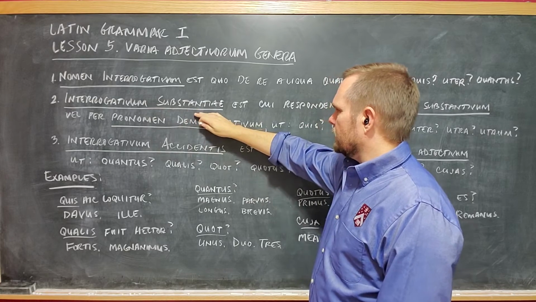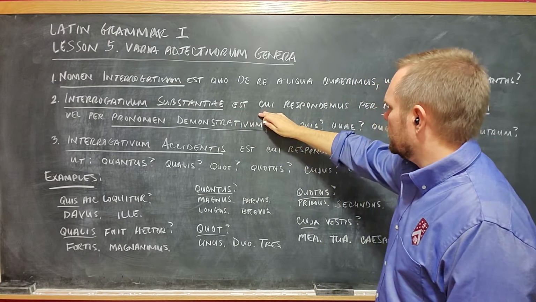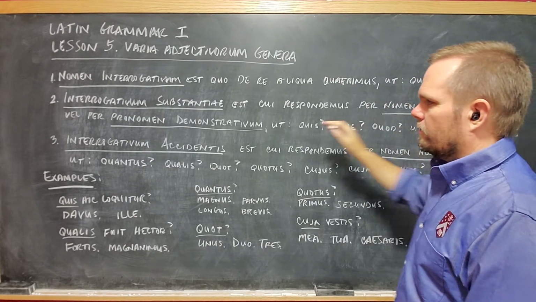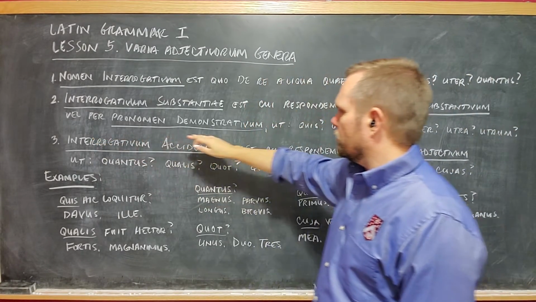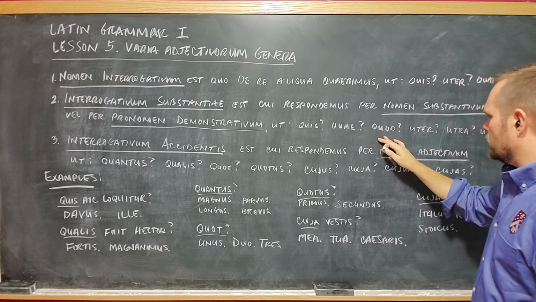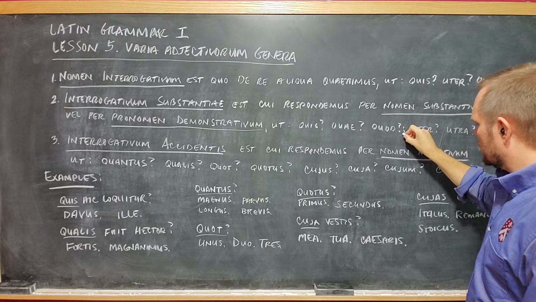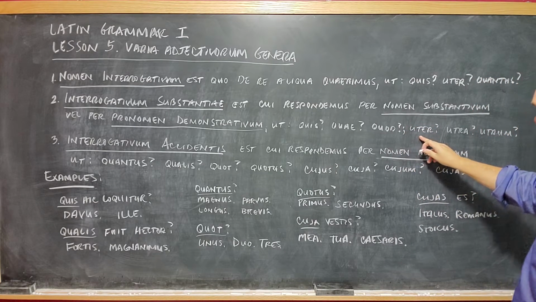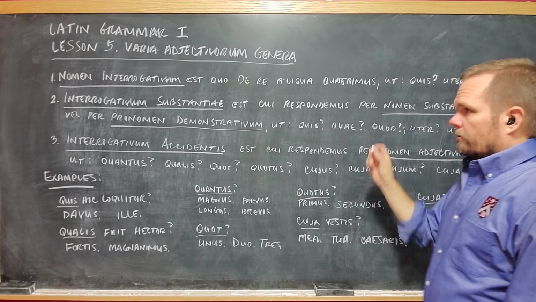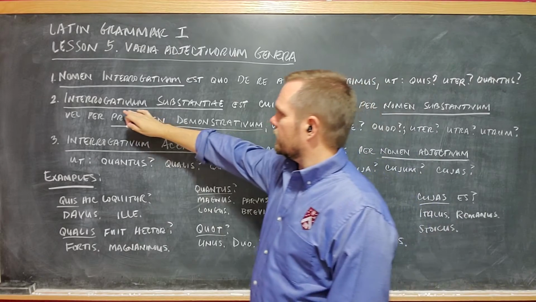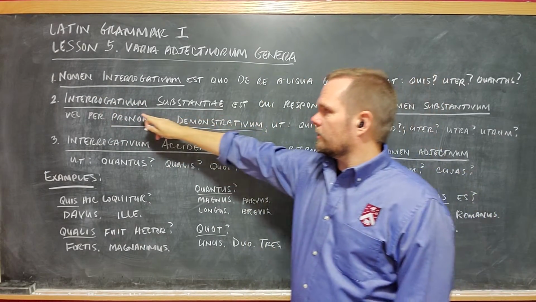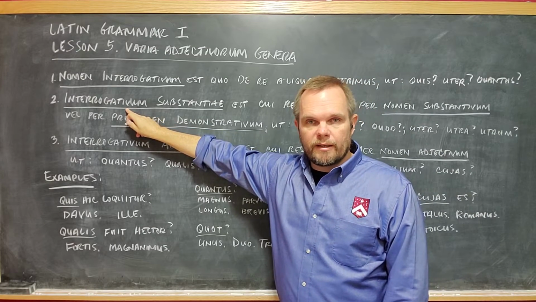Interrogativum substantiae est cui respondemus per nomen substantivum vel per pronomen demonstrativum ut quis, quae, quod; uter, utra, utrum. This rule translates as an interrogative noun of substance, and this is a good example of an adjective noun that